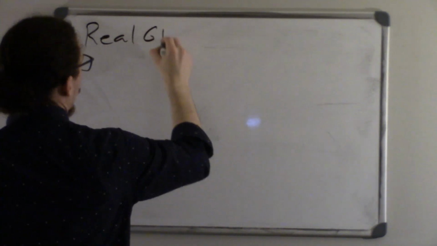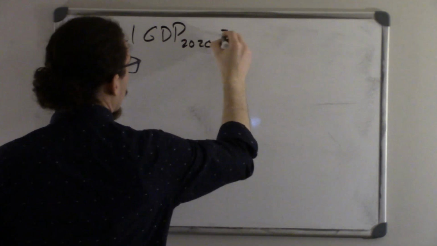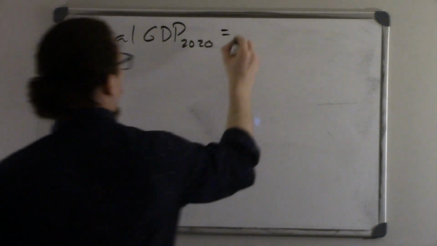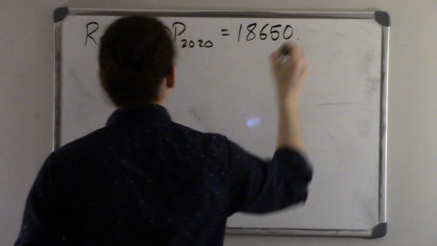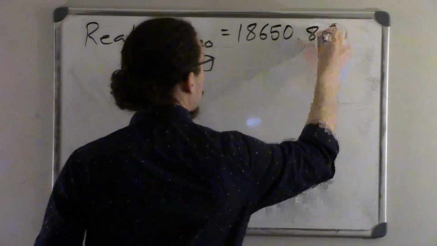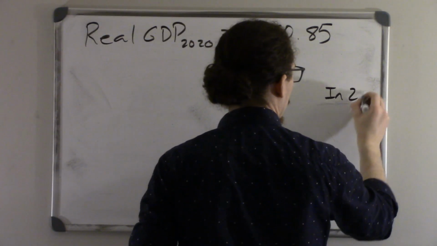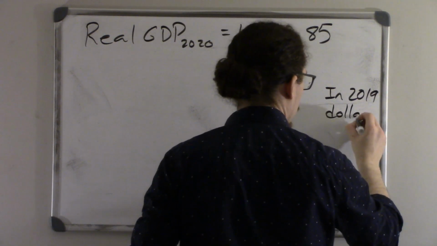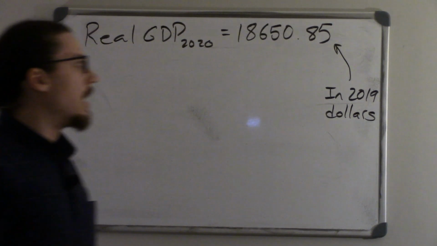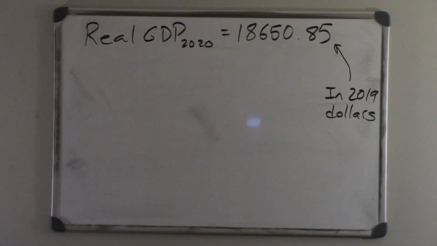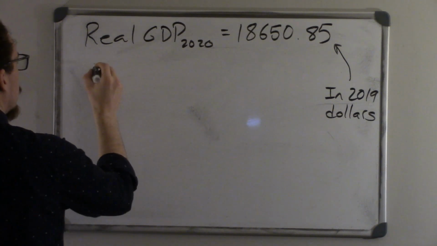Well, we need to have real GDPs in the same base year to do that. We have one real GDP, the real GDP for 2020, and that is 18,650.85. This is in 2019 prices, or 2019 dollars. So we need to have the other GDP we're using also be in